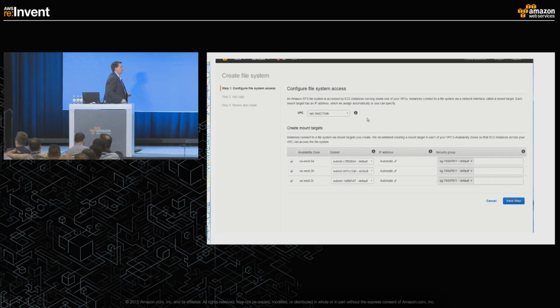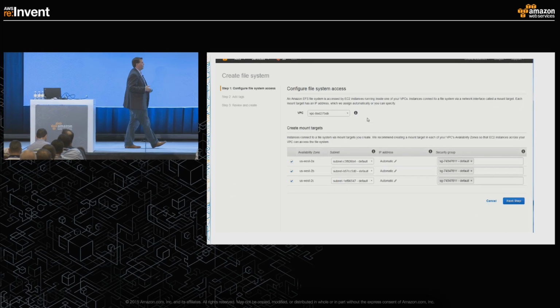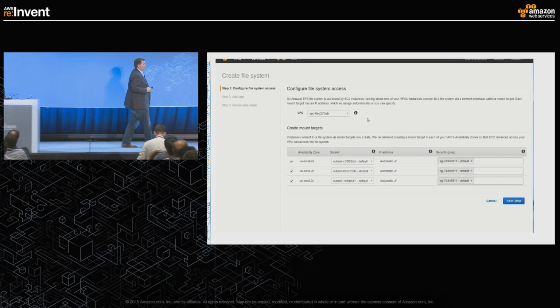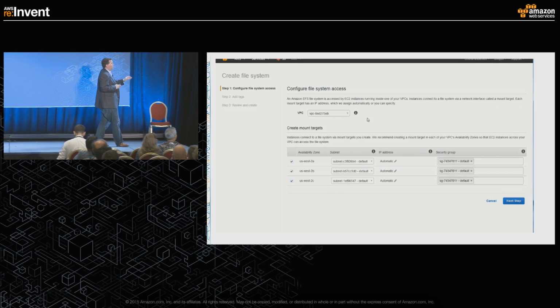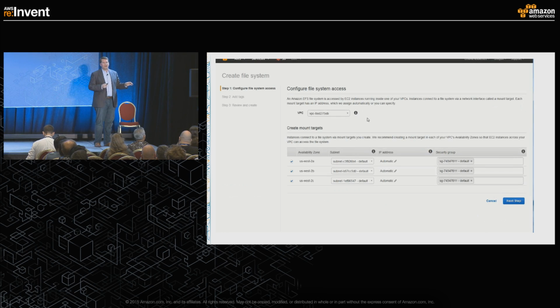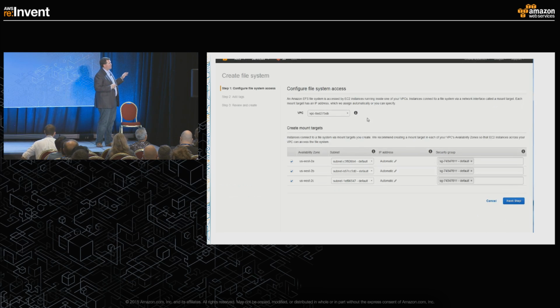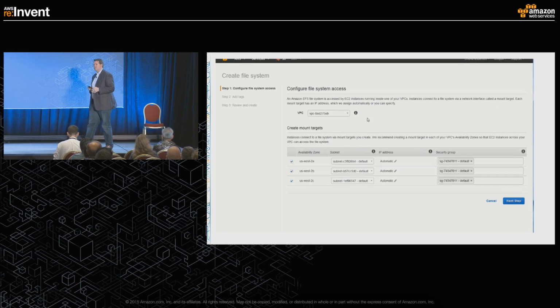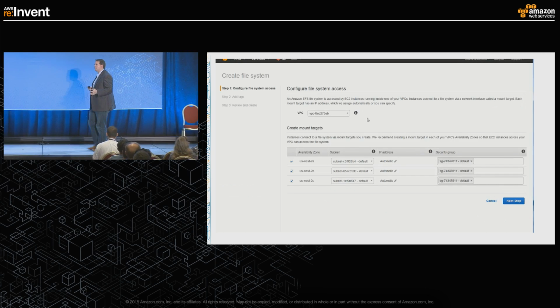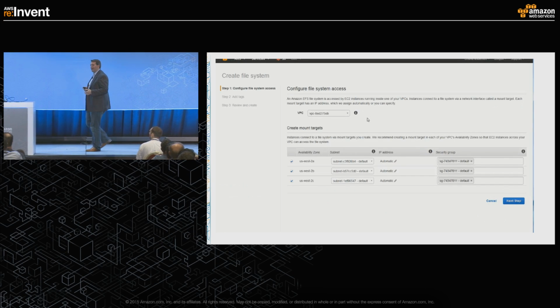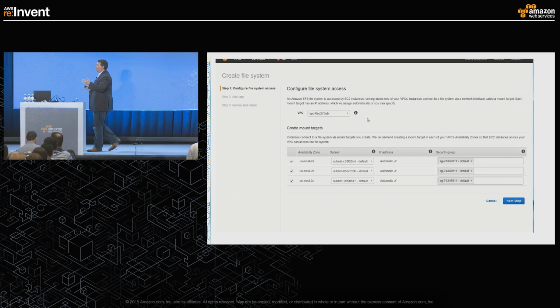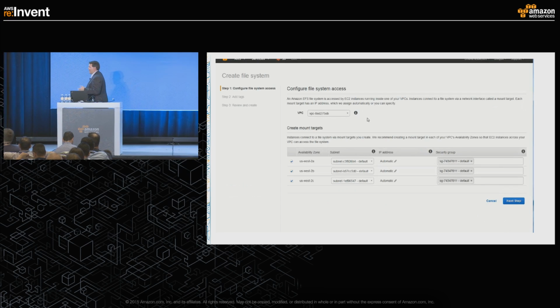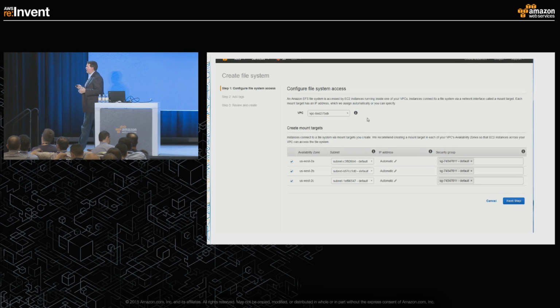A couple of things happened when we clicked off to that next screen. The first thing is on the top left-hand side of the screen, these are going to query a collection of defaults from your VPC. So this is user-definable screens, but we pre-populate it with defaults out of your VPC, specifically the default security groups and the default VPC inside of your account. So this goes off and queries, figures out which VPCs you as the administrator have access to,